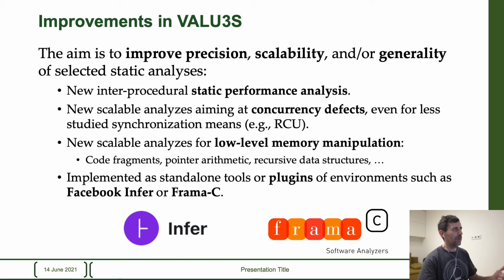In particular, we aim at improving and developing new interprocedural static performance analysis, so looking for performance-related bugs like accidentally quadratic code and so on, which can easily make some code hang for some inputs. New scalable analysis aiming at concurrency defects, even for less studied synchronization means, such as read copy ability used in low-level systems code. And then we also want to tackle